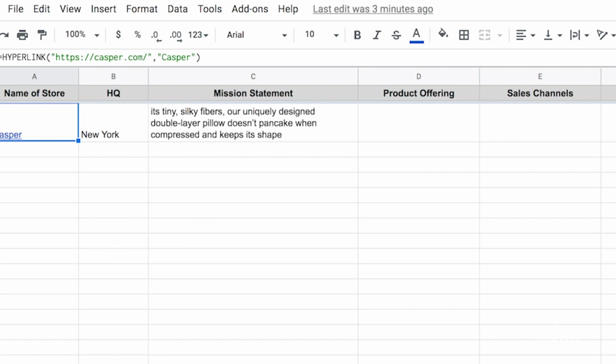and then move on to the next thing, which is product offering. So we know that Casper offers mattresses primarily. That's their number one product. And then they offer pillows as well, though those pillows are more of an upsell. That's good for me in selling only pillows, because for them, focusing on their pillows is just a secondary part of their business. They're really more focused on the mattresses,